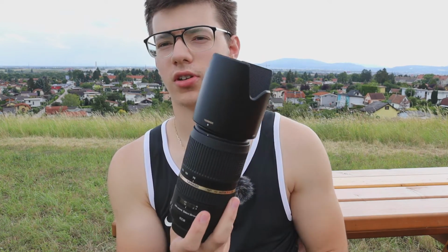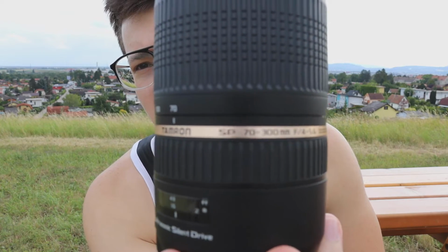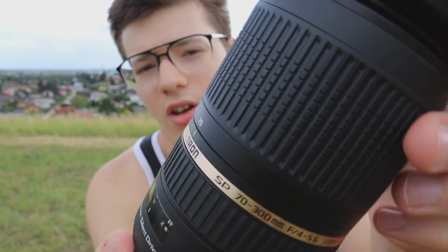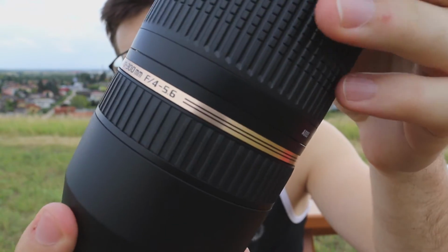Alright, next up, design and build quality. So as we talk about design, I gotta give it to Tamron. I think that this is a very nice looking lens. For example, if you take the golden ring between the focal length ring and the autofocus ring, I think that this is a very great detail they built in, and it really gives the lens a